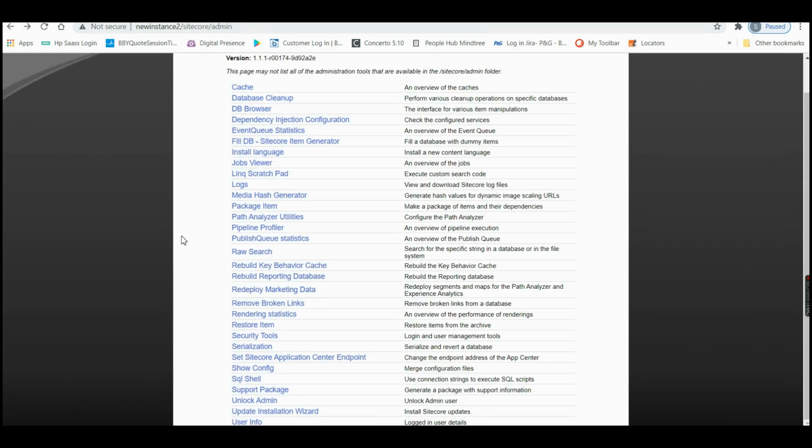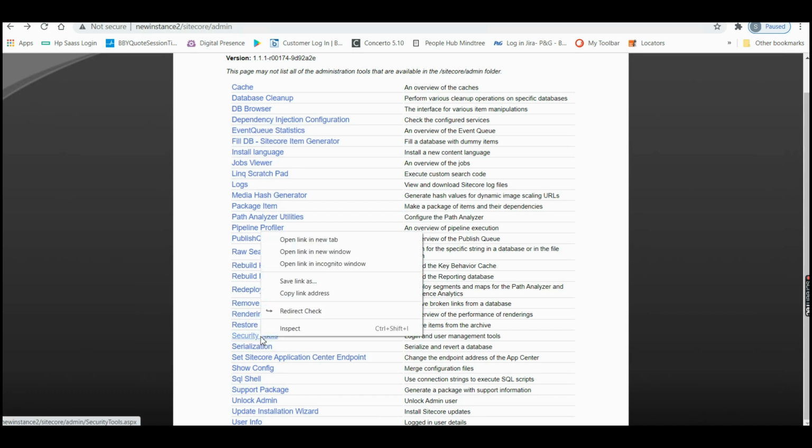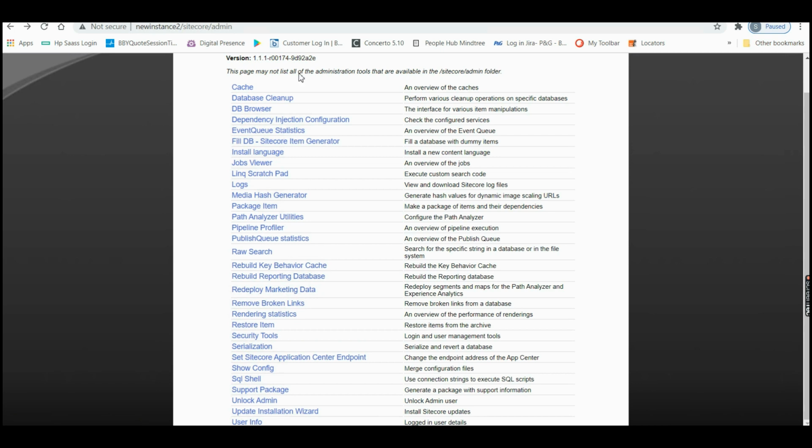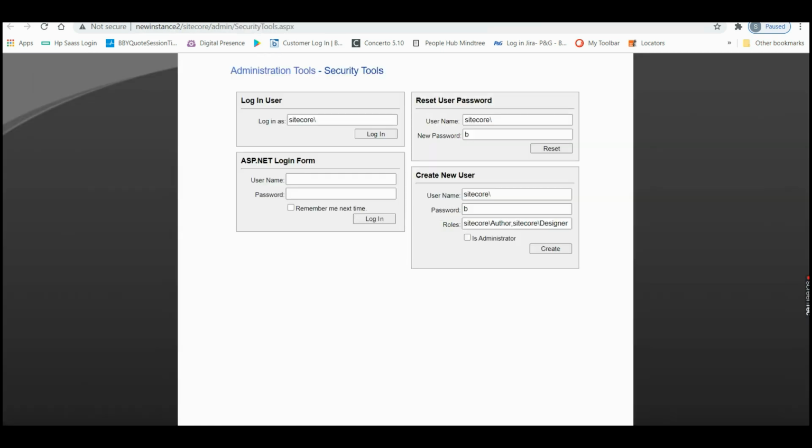Yeah, another one. Security tools. Similarly, from here also you can create a new user, or you can reset the user password. Okay, you go here, you can log in with a particular user, you can reset the user password.